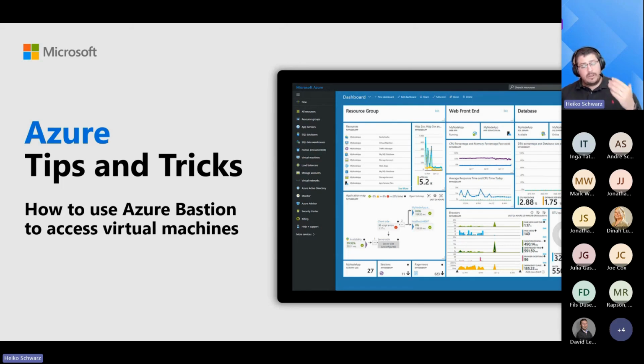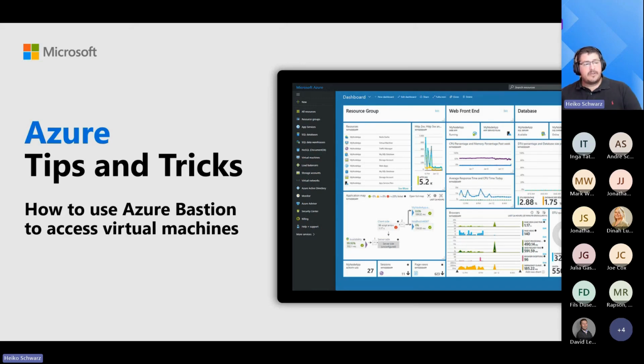This is now still walking through the process of setting it up. So you can define how many instances, what tier you want to make use of, keep the instance count down to 2 unless you have loads of users making use of it, and you will need a public IP address to use Azure Bastion. Once you start off that process and create Azure Bastion, the deployment goes relatively quickly. You're talking about 10 minutes tops for that to be deployed. And then finally, once that's done,